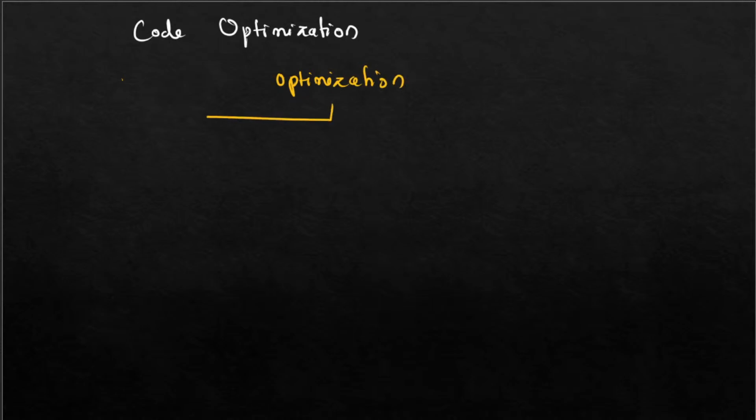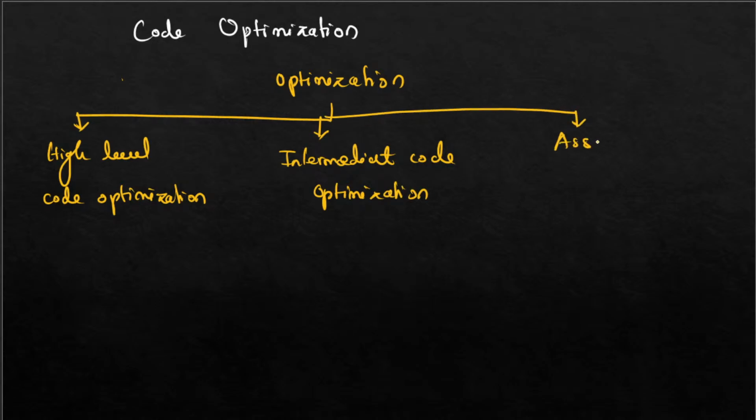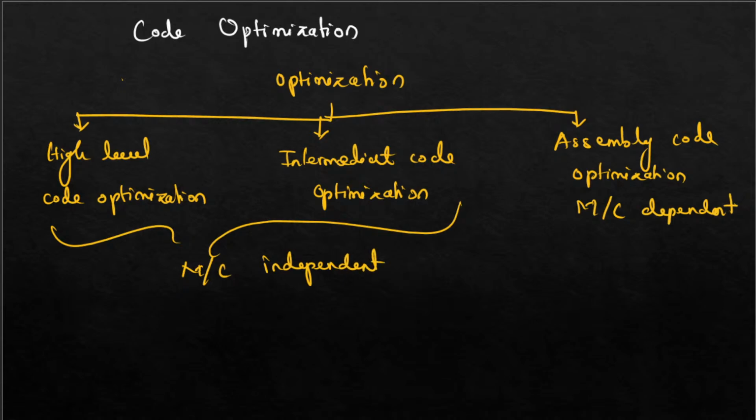Optimization is divided first into high level code optimization, then intermediate code optimization, and third is assembly code optimization, which is machine dependent, and these others are all machine independent. All right,